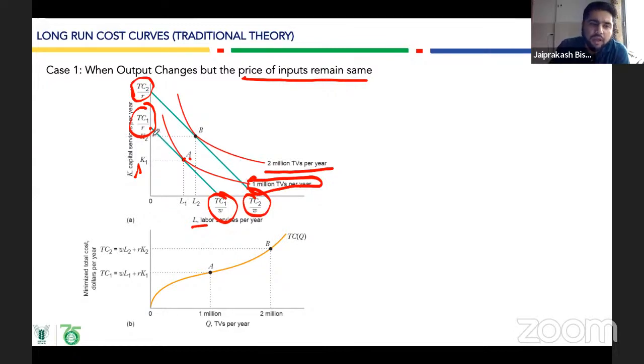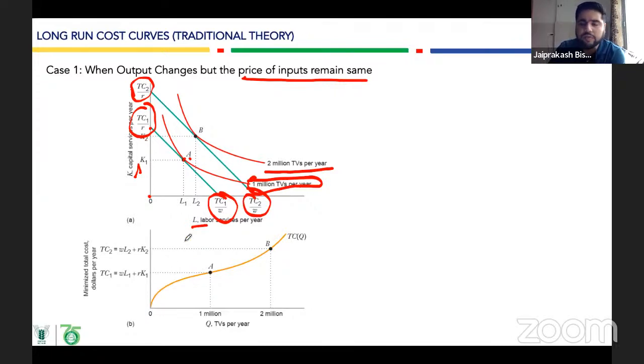Okay, पहले जीरो से K1 अमाउंट ऑफ इनपुट से लगाना पड़ रहा था. ठीक है, अब उसे K2 अमाउंट ऑफ कैपिटल इन्वेस्ट करना पड़ेगा टू प्रोड्यूस 2 मिलियन ऑफ टीवी पर ईयर, एंड L2 अमाउंट ऑफ लेबर ही हैज टू इनकर. ओके, सो इसी चीज को हम यदि कॉस्ट कर्व में देखते हैं पहले, तो आपका टोटल कॉस्ट कर्व क्या है